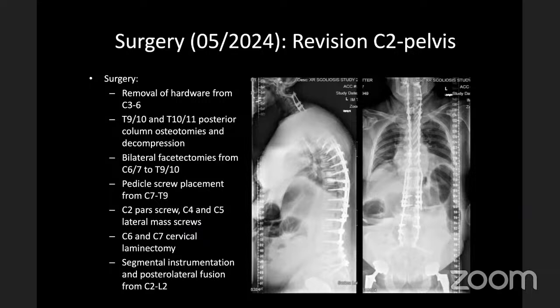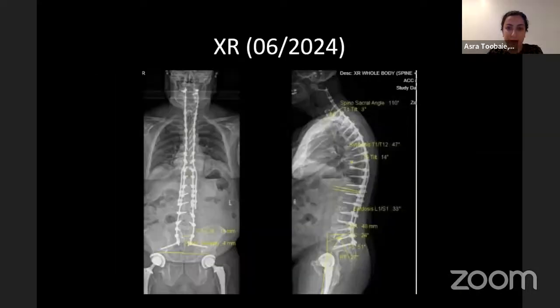And it was a massive operation, did it in one stage. And I think the real interesting part here, and by no means am I patting myself on the back, I don't want to come across that way, but what's interesting is how well some of these patients do. And Azra, I hope Austin included the outcomes in this, because you can see,